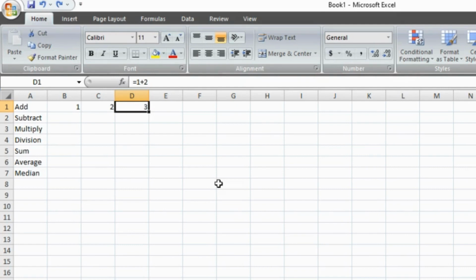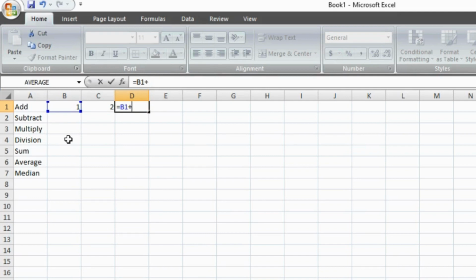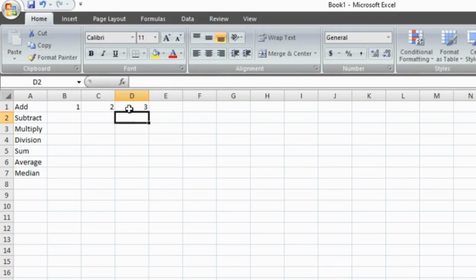So I'm going to be showing you a new method. You can call this method 2. And I'm going to go ahead and delete this, and then we're going to start again with the equal sign. Then I'm going to type in B1, and you can see it's being highlighted here. So I'm going to say plus C1. So you can see that it's going to add what is in here and here. So I'm going to click on enter now, and as you can see, it has given us the correct value